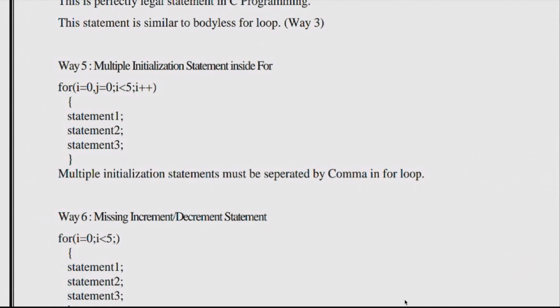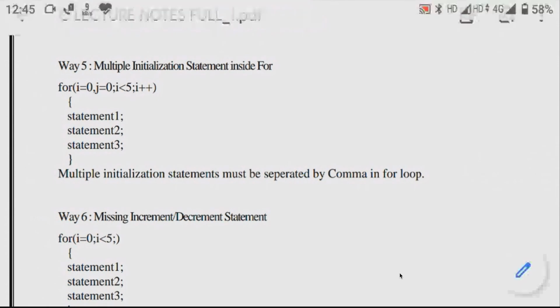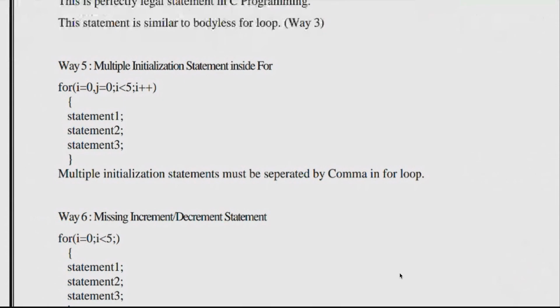After entering the loop, what is the process again? The loop will execute up to when the i value is 4. The j value is 0, because the j value is not incrementing. So j should be 0 for all the iterations of the loop. Are you following me? Both should be satisfied, then only it will enter into the loop. That is the meaning of it. So multiple initializations: i value is 0, j value is 0. Of course, if you want, k can also be 0. It depends upon your requirement.